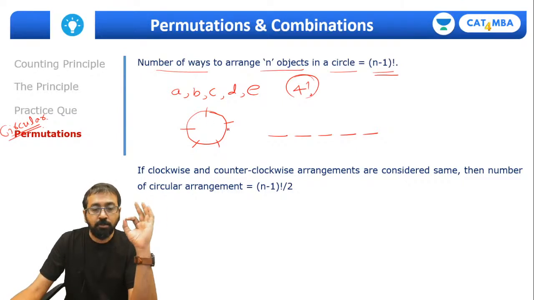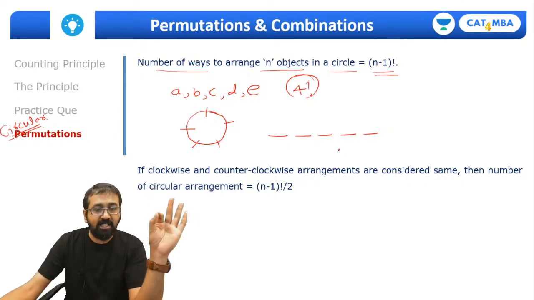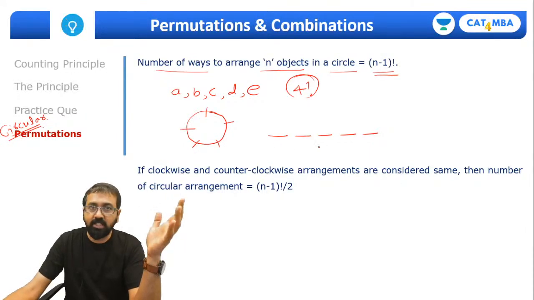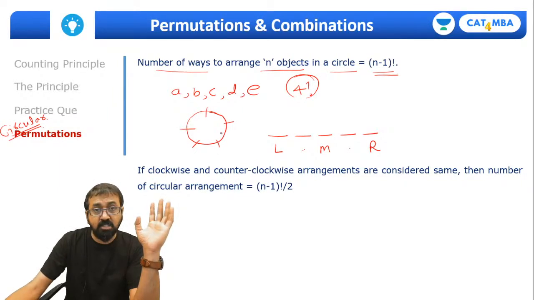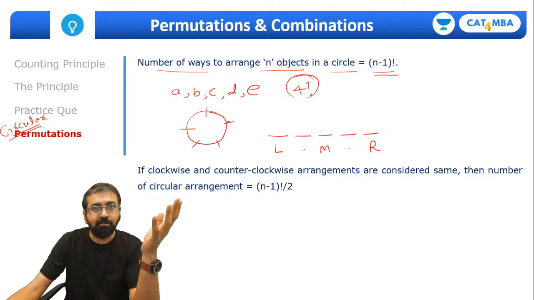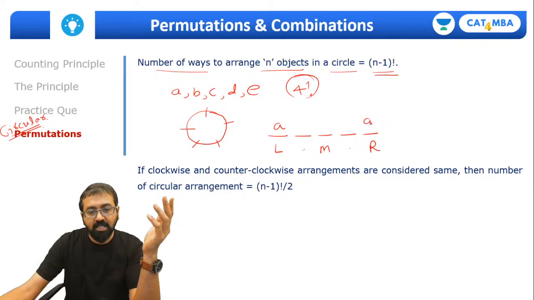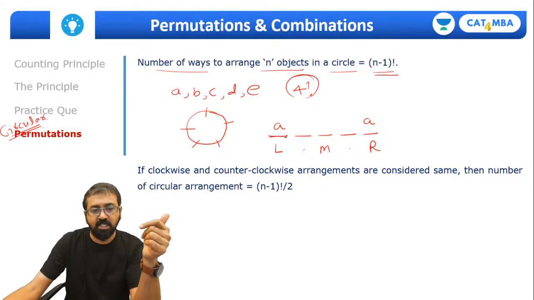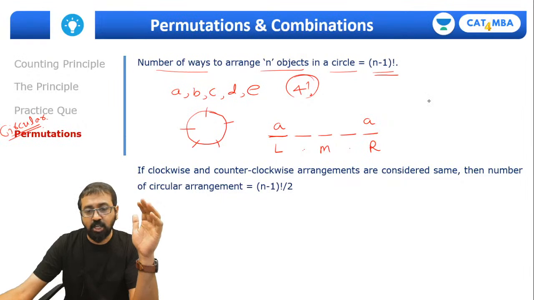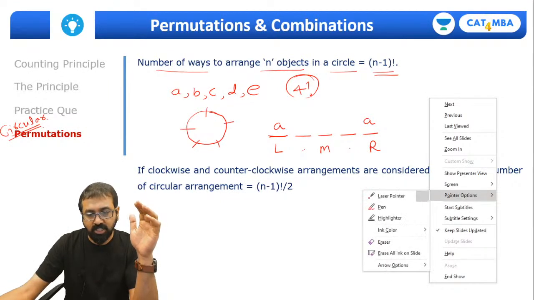What's the problem? The problem is that when the 5 chairs are in a line, all the chairs are different. How are they different? Let's look at this one. This is called the leftmost chair. This is called the rightmost chair. This is called the middle chair, and so on. This is second from the left. This is second from the right, and so on. But when the chairs are arranged in a circle, they are not different. They are the same. For example, in the linear arrangement, when A sits over here or A sits over here, these are 2 different ways of A sitting. Correct? Because in the first case, A will think I am sitting on the left chair. In the second scenario, A will say I am sitting on the rightmost chair, right?